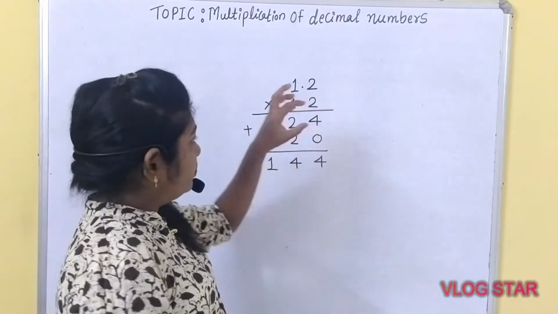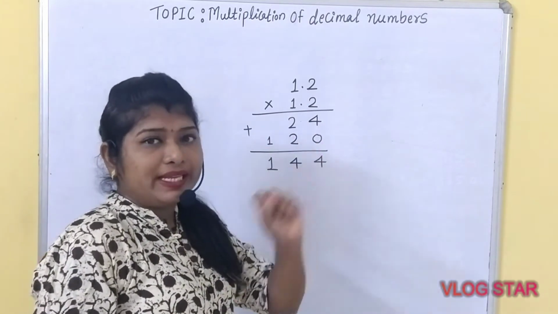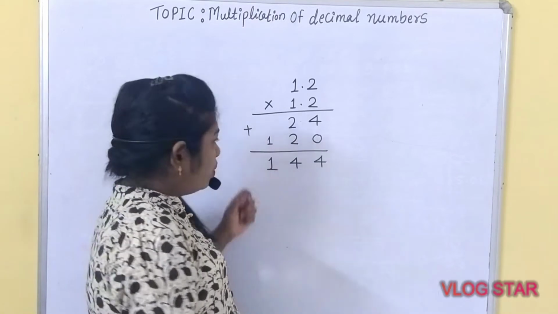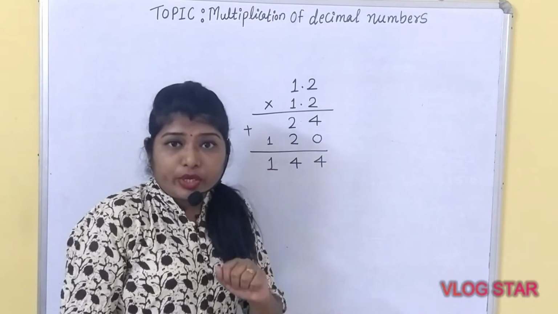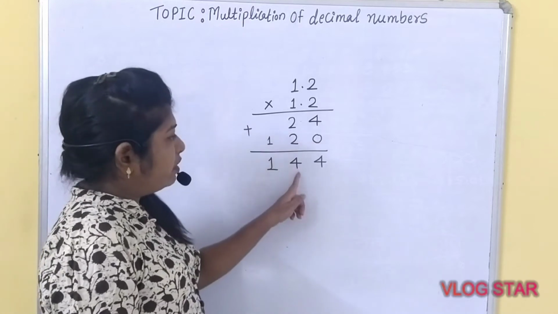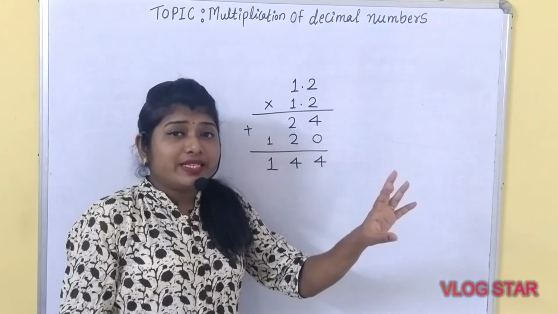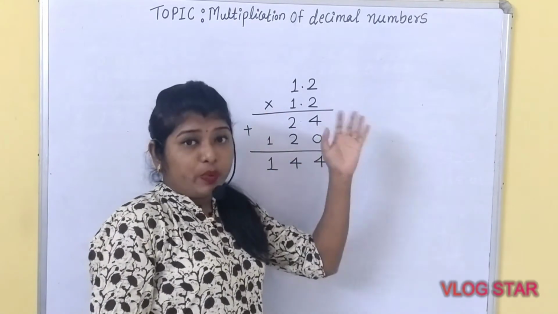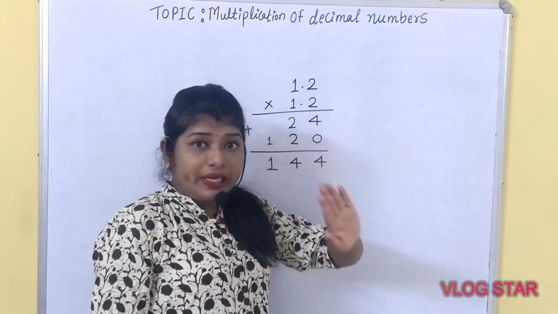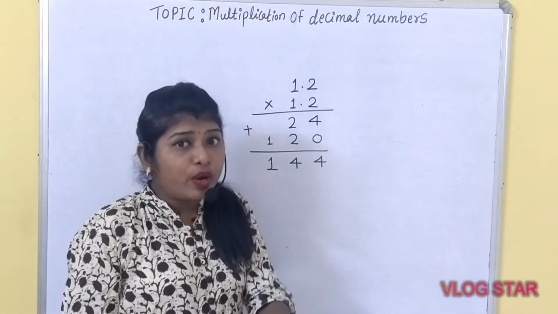Now the decimal point comes here. Where are you going to place the decimal point? Whether in between 1 and 4, or in between 4 and 4. So how are you going to check? Whatever we had discussed in the case of the addition rule, the addition between decimal numbers, was completely different. But in the case of multiplication, what you have to do?